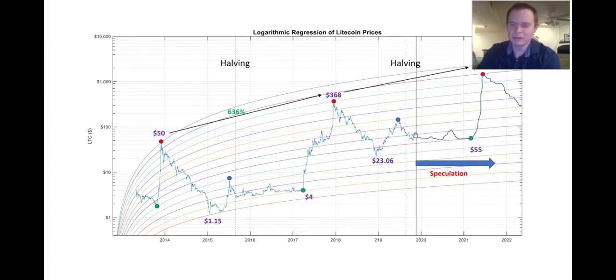And you can see the same thing potentially happening over here. We came up 4 regression lines, came down 2 into the halving. We're coming down that other way, and we might be oscillating in here for the remainder of, or the next year potentially. We might be around this area. And if we were, that would basically put the Litecoin low at around $40 potentially, and then going all the way up to potentially $55